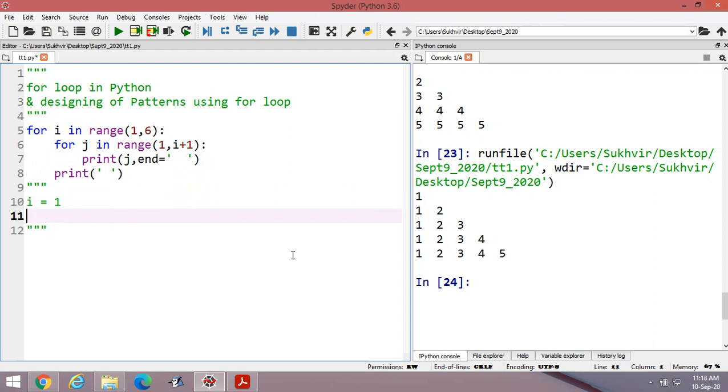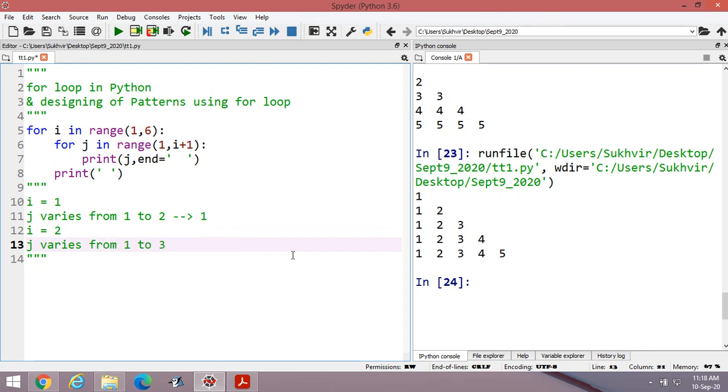When I is equal to 1, j varies from 1 to 2. It means on display only 1 is there. When I is equal to 2, j varies from 1 to 3. It means 1 and 2 are there.